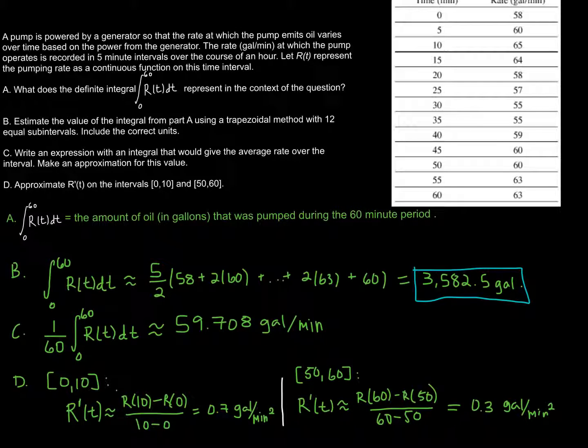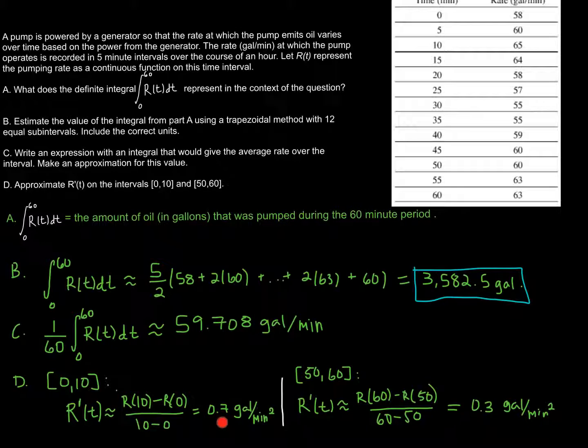In part D, I want to approximate r prime, and they will do this a lot, where they will give you a rate and ask you for the rate at which that rate is changing. Think acceleration, right? The rate at which velocity is changing. And so I can approximate the rate of change using the average rate of change. So between 0 and 10, it's going to be the change in my rate divided by the change in t. So it'll be r of 10 minus r of 0 over 10 minus 0,